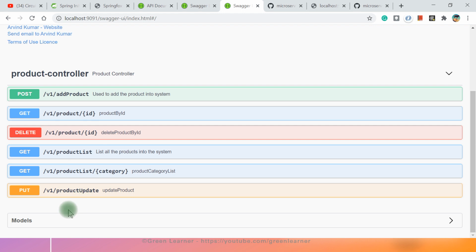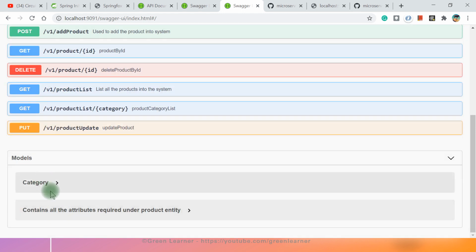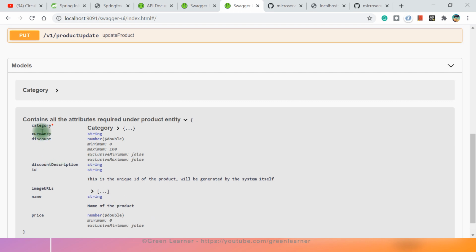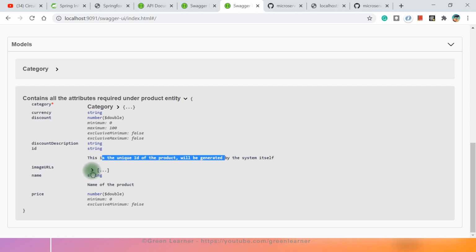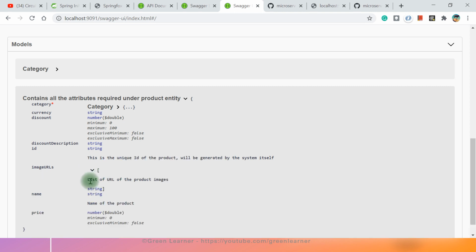So what were the other models we had added? If you come here, category we have not added anything, but the other one was the product. It contains all the attributes required under the product entity. So we have this category part here, we have currency, discount, description, id information we are seeing here. We are seeing the images here. If you open it, you will see the list of the URLs of the product images, name of the product. So against whichever attribute we added some sentences, we are getting that one.